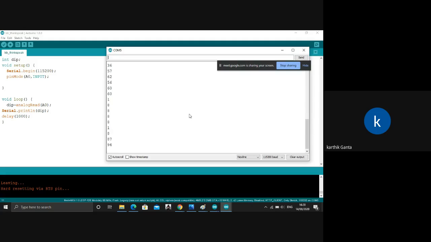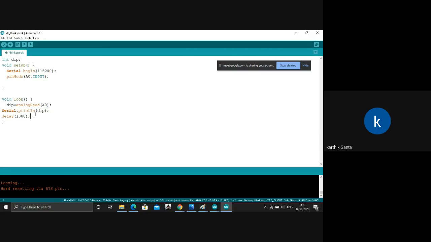Now, according to these conditions, we can make sure that the light is on or off. When you place it outside, you want to switch on or off a light when it is morning and night. When it is morning, you get very high values beyond 50 or 70. When it is night, you get single digit values. So according to that, you can write a code to switch on and off an LED. That we'll do right now.